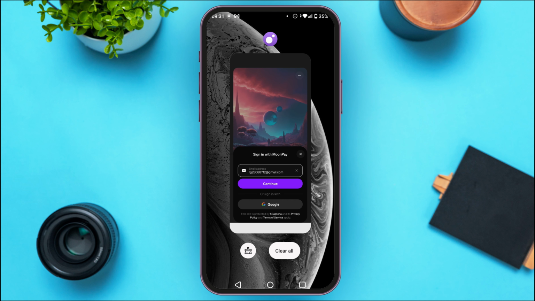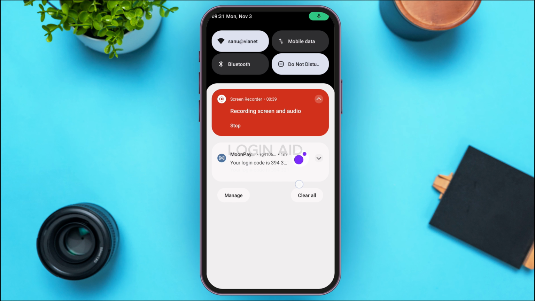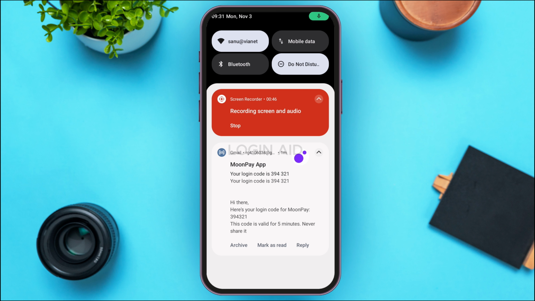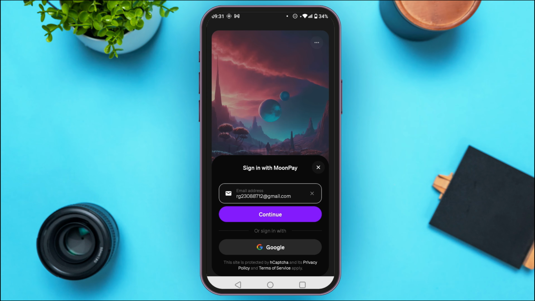Also make sure you provided the correct email address during the sign in. If you provided the correct email address, you'll be able to receive the verification code in your email. You can simply enter that login code in order to log into your account. So providing the correct email address is also important. If you provided the correct email address but still you're not being able to log in, there might be some